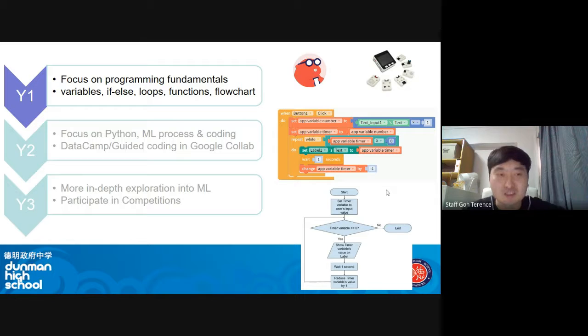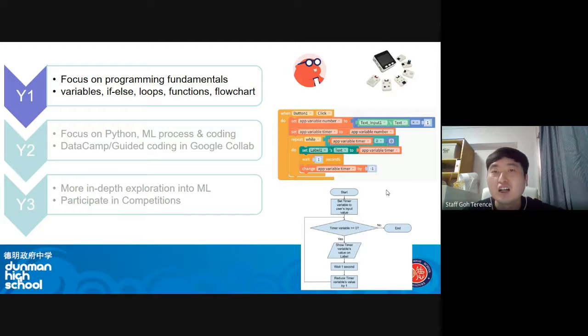last year I was teaching my first year. When I taught machine learning to the year 2s, I realized a lot of them stumbled on the syntax and understanding of Python itself. So the understanding of programming fundamentals is important. If not, when they go on to the machine learning portion, a lot of them get confused by the Python programming itself. So for year one, we try to focus more on things like variables, if-else, loops,